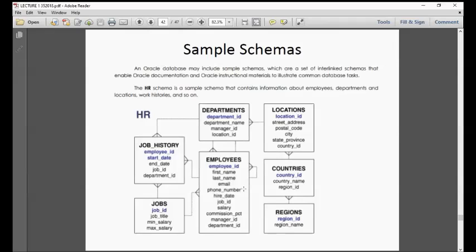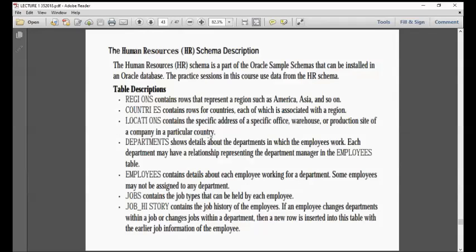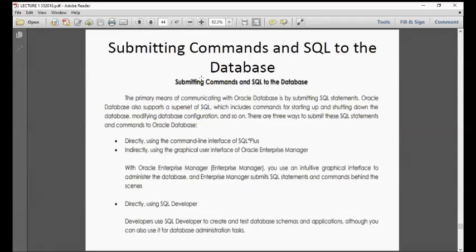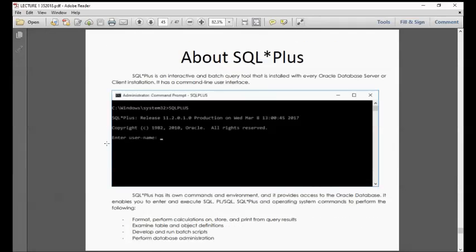So they included already a database that we can use for studying. So in here, we have the employees department. So this one, we will be able to manipulate the database by using the SQL. Okay? Human resource department. So in here. So this is what I told you.